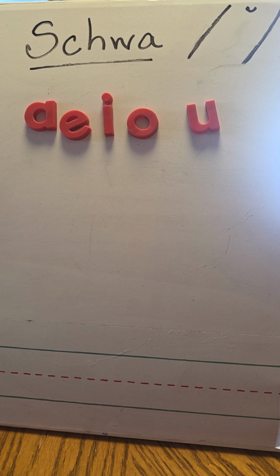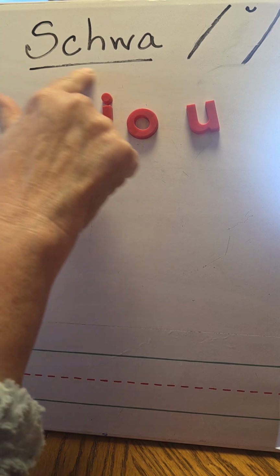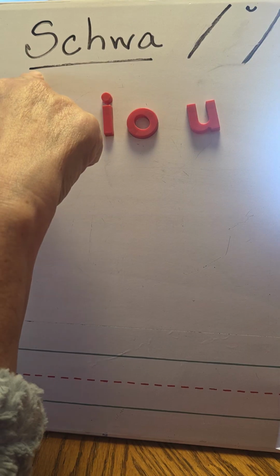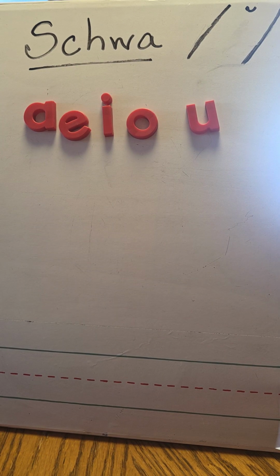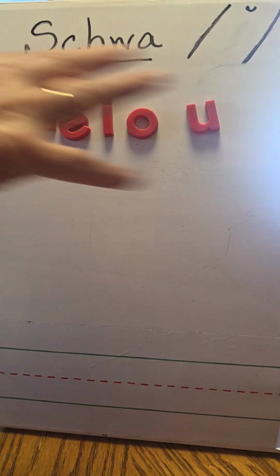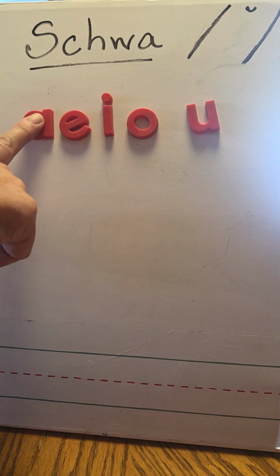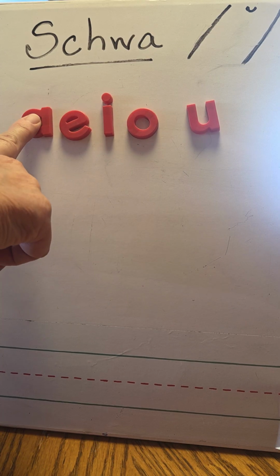More chit chat about the schwa. That is S-C-H-W-A, schwa sound. And they don't teach that to kids at first. They teach you the short vowel sounds. A, I,